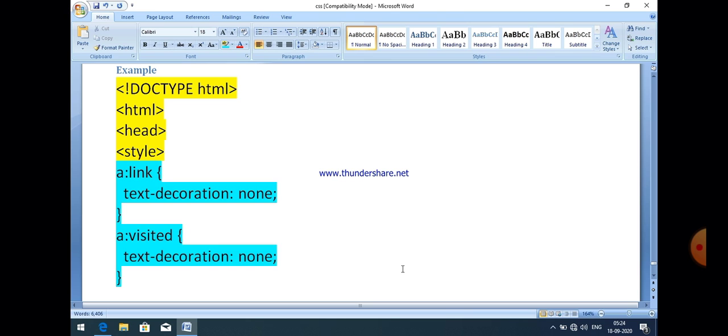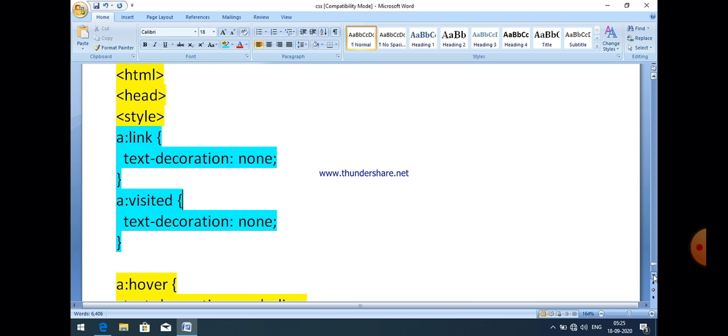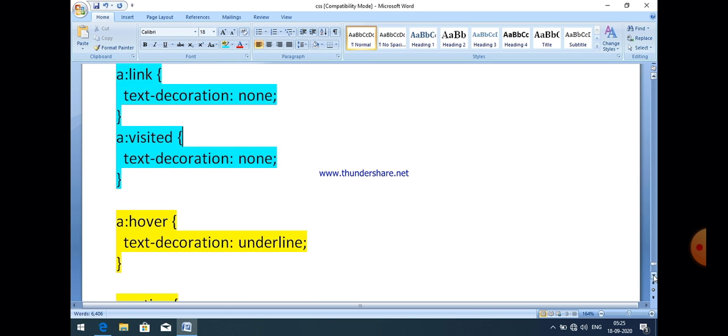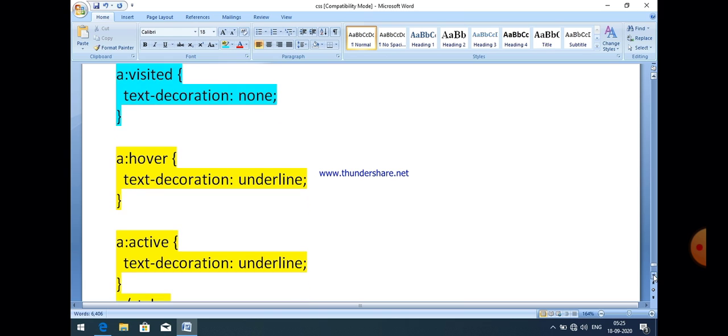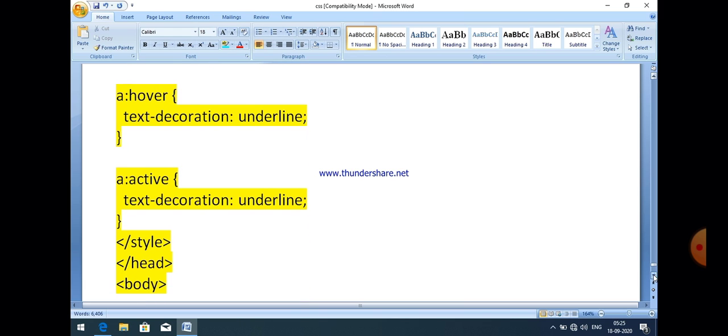So this is applied for simple link and for visited link. Next, for a:hover text decoration is underline.